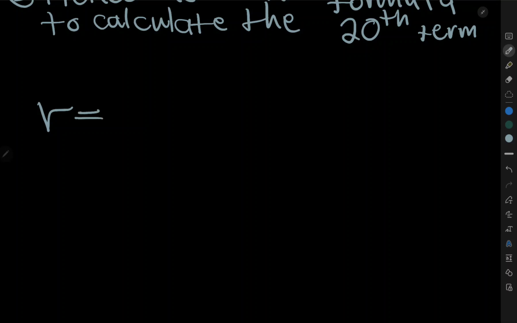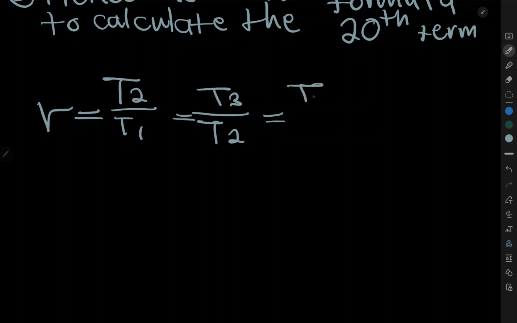So we know that in order for us to be able to calculate the value of r, we need to say t2 over t1, and we know that this is t3 over t2, and last but not least, t4 over t3, right? So now that we know this, the term that we're looking for is t4,